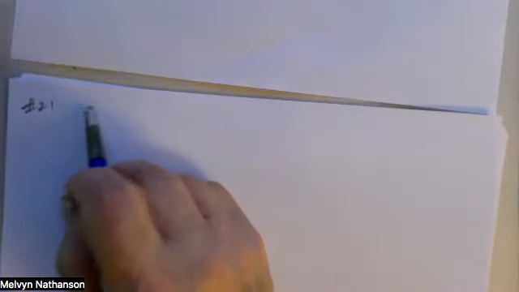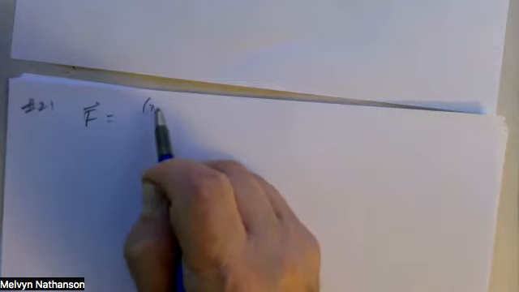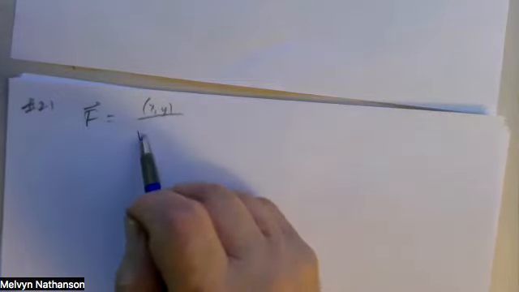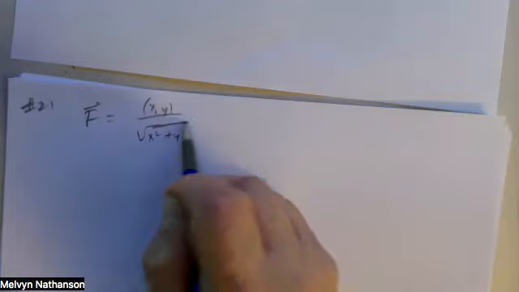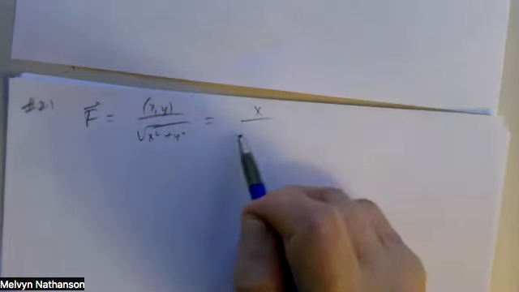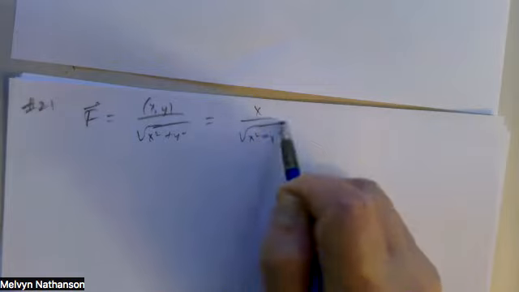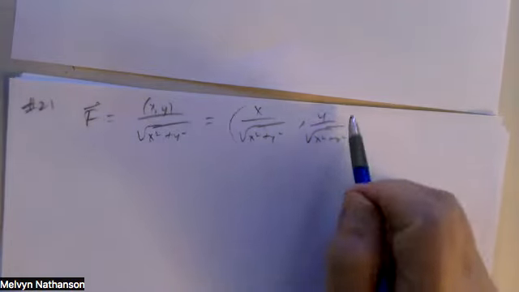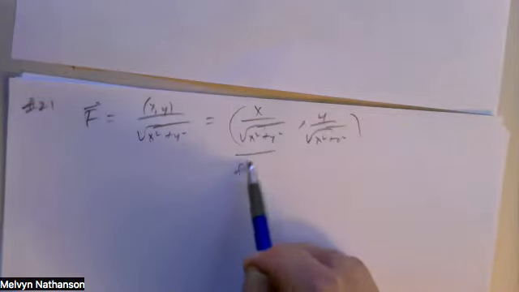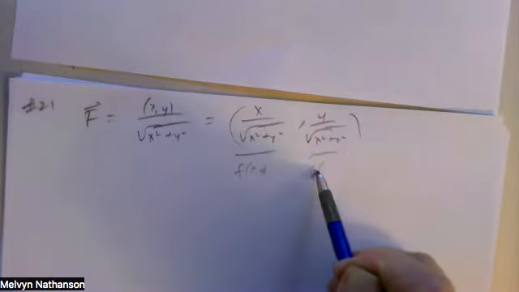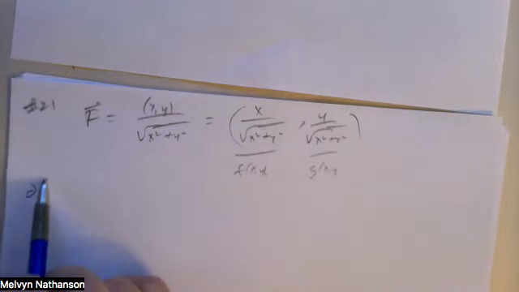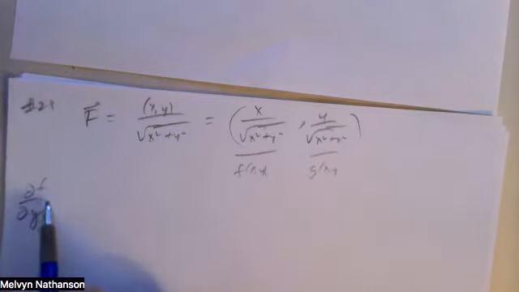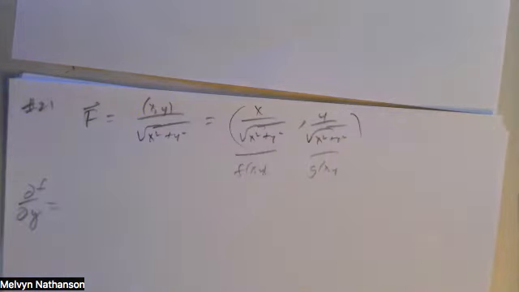This is number 21. I have the vector field F, which is the vector xy divided by its length, which is x over the square root of x squared plus y squared, y over the square root of x squared plus y squared. So this is little f of xy, this is g of xy. The partial of f with respect to y is,